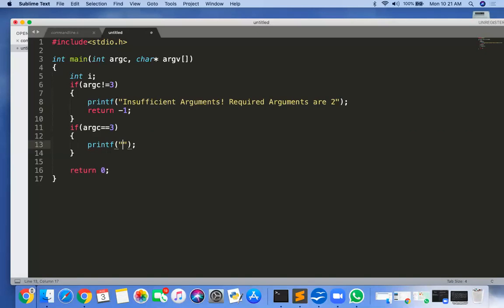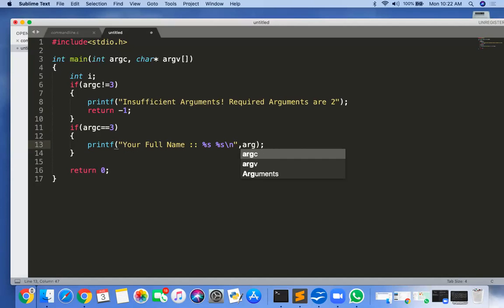I want to print my full name here. So printf "Your full name: %s %s\n",